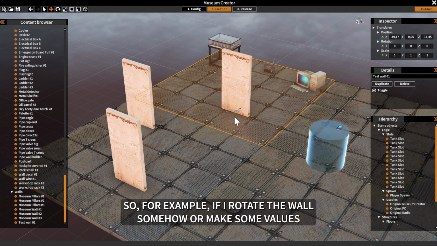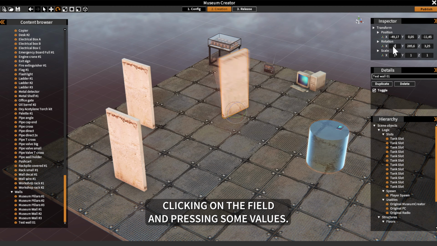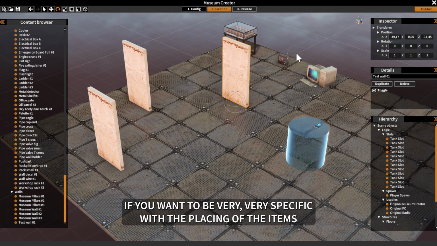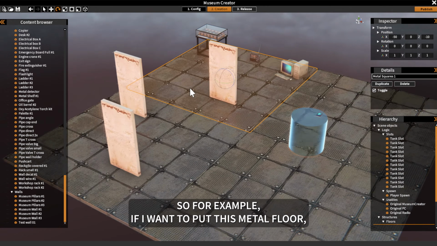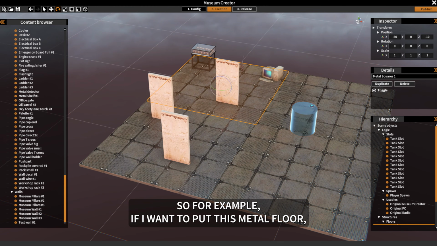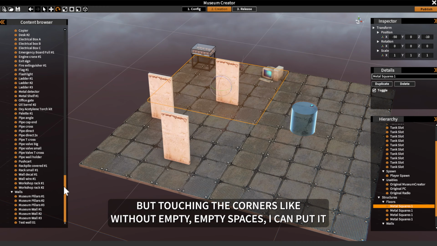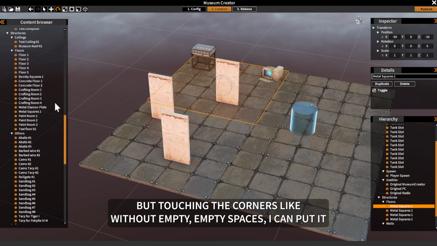So for example, if I rotate the wall somehow or make some various modification, I can reset it by just clicking on the field and typing some values. Filling up the values will change it as well, if you want to be very, very specific with the placing of the items on the scene. So for example, if I want to put this metal floor, these metal squares, just right, matching the corners without any empty spaces, I can put it